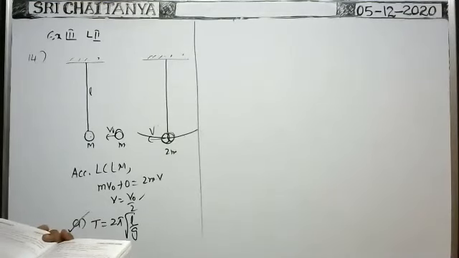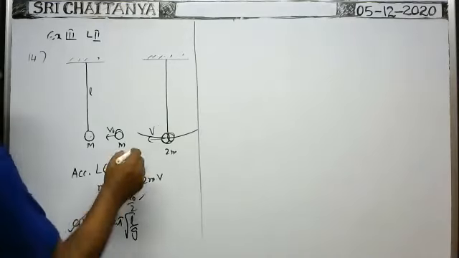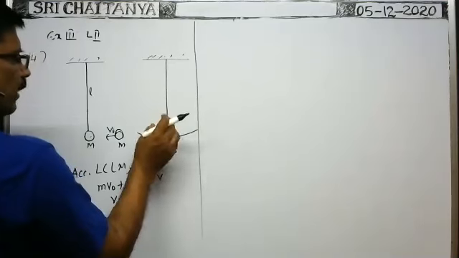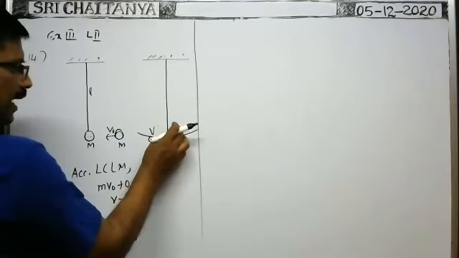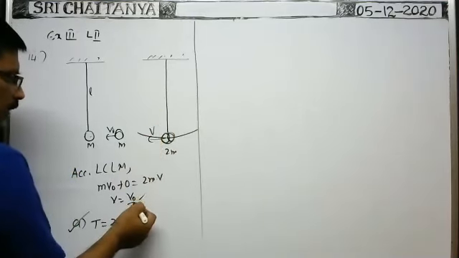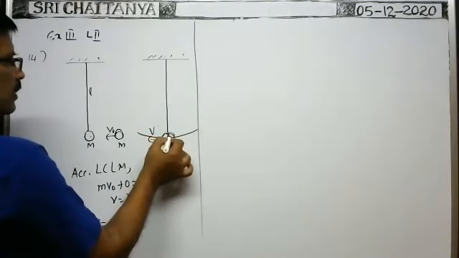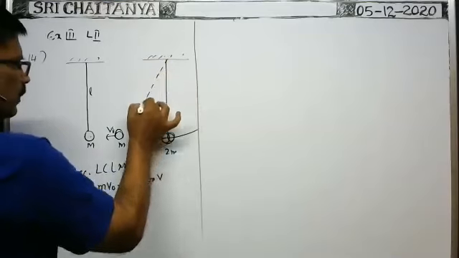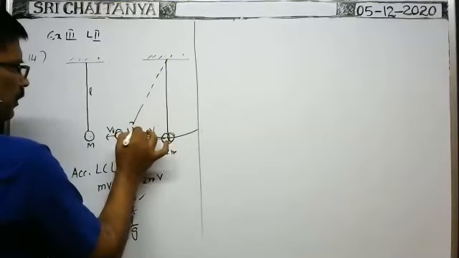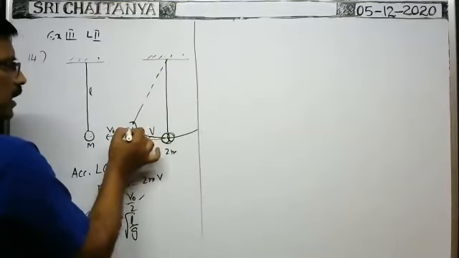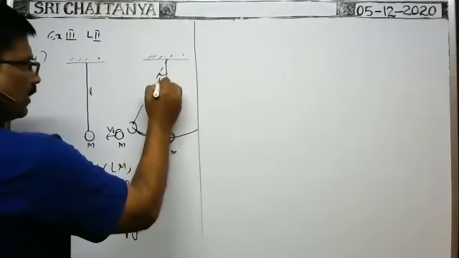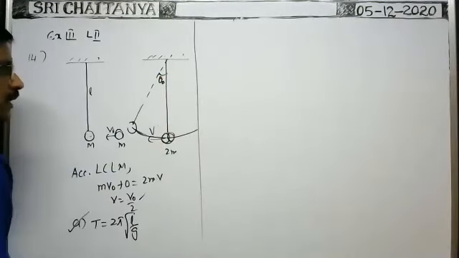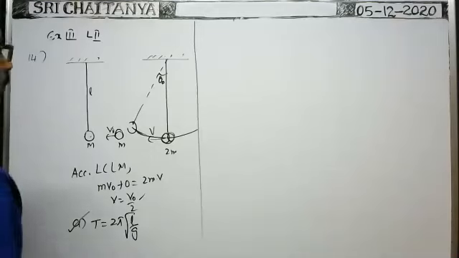The equation of motion for this pendulum is theta is equal to something. Whenever this combined mass starts motion with a velocity v, which is equal to v0 by 2, suppose it oscillates like this. What is the maximum displacement of the combined mass from the vertical? That is theta naught. That is the angular amplitude. Theta naught is the angular amplitude.